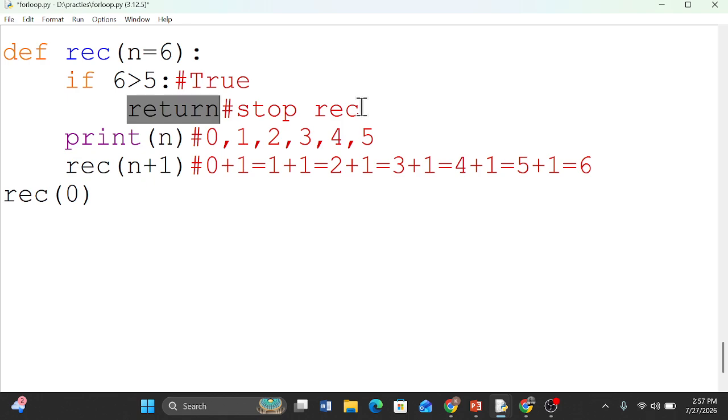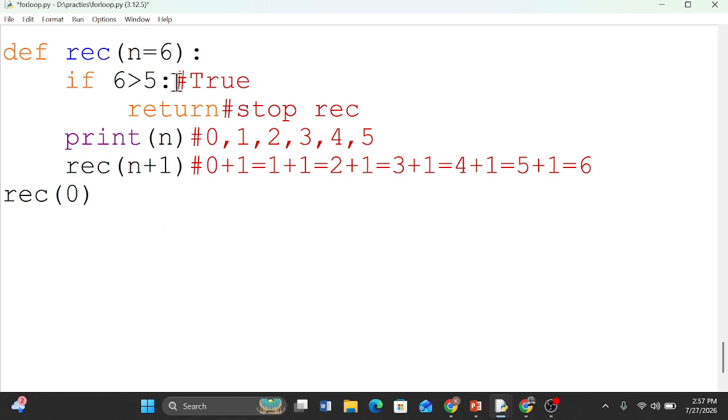Okay, recursion, just imagine recursion like a looping statement. Like how a for loop and a while loop work, iterations, right? One by one it will iterate and perform some specific operation, that is, how many times I have to print the same thing again and again. Here also the same thing. And if I want to print using recursion in the order of 5 to 0,